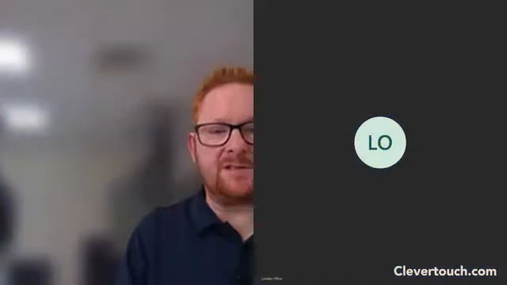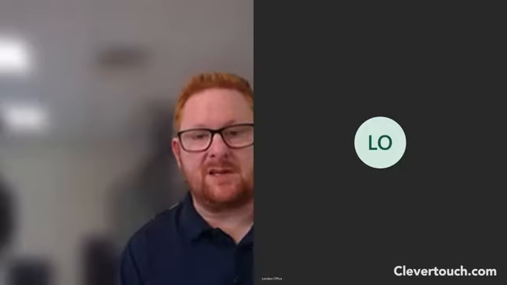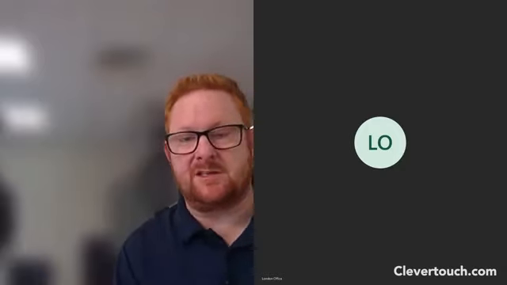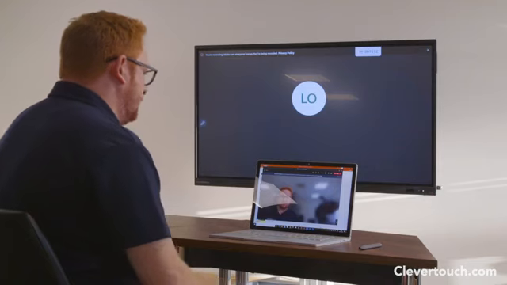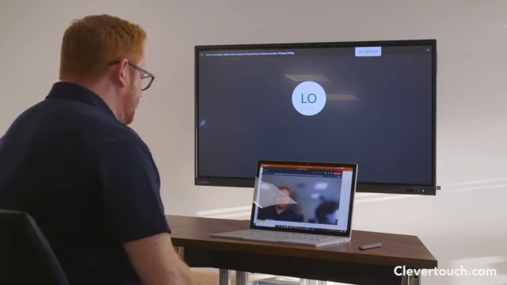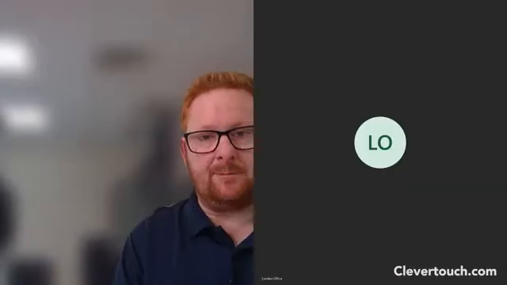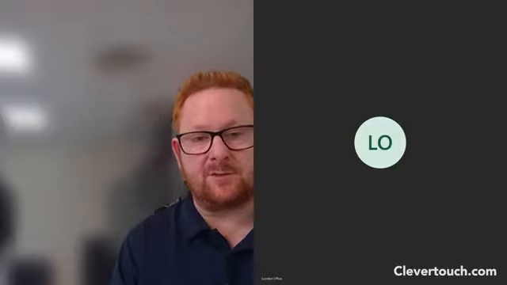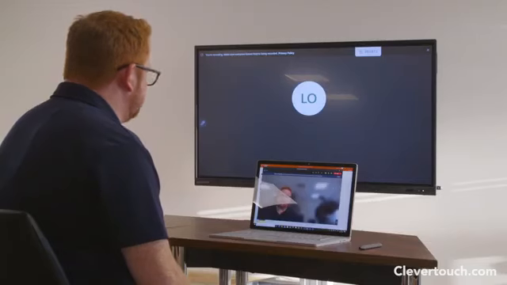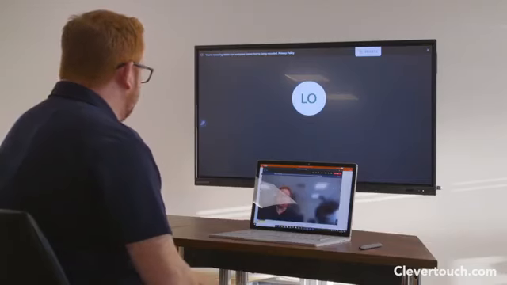Okay, so now what we're going to do is have a look at how we can use Microsoft Teams in conjunction with our Clevertouch screen to deliver remote or distance learning, or in order to create a virtual classroom environment. So at the moment I'm sat in front of my laptop. I have a Microsoft Teams application installed on there. I also have my Clevertouch Impact Plus with the Microsoft Teams installed there,